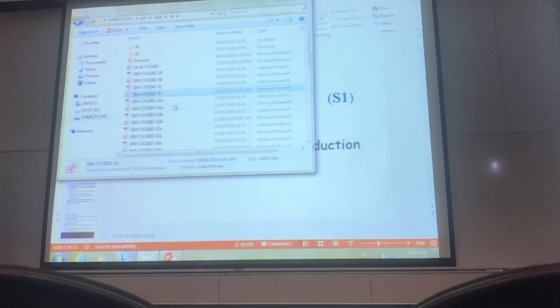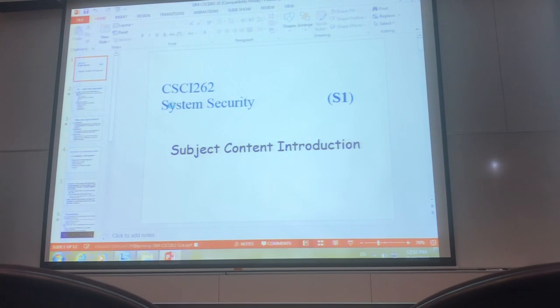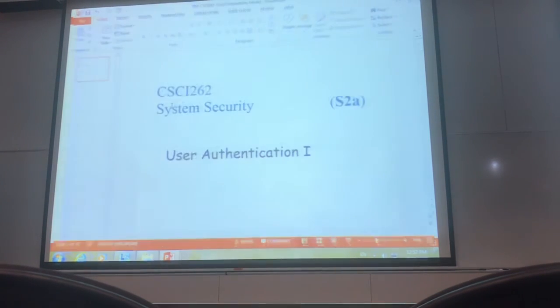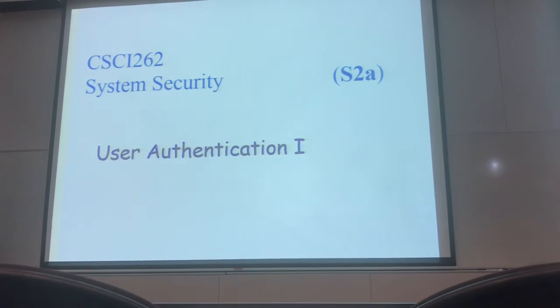Right, so if no question, then we will start the first topic. So the first topic is about authentication. And actually we will start with a very simple authentication mechanism, which is password-based authentication. So I think all of you have a very